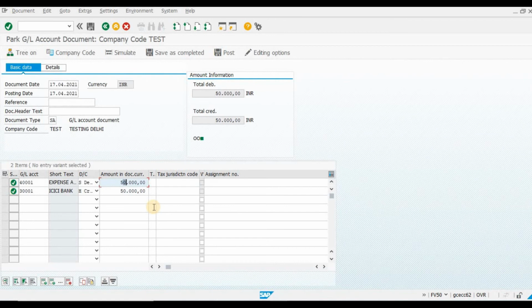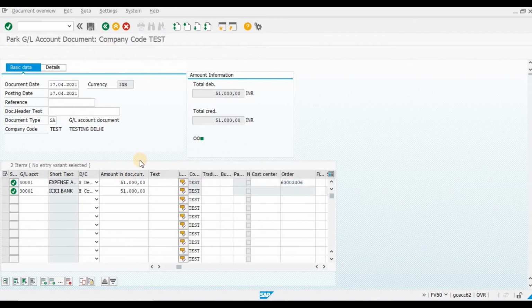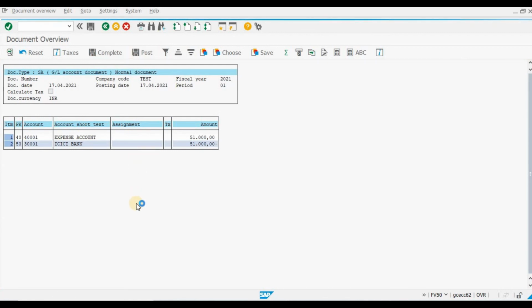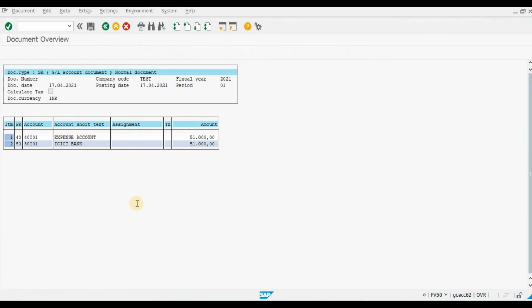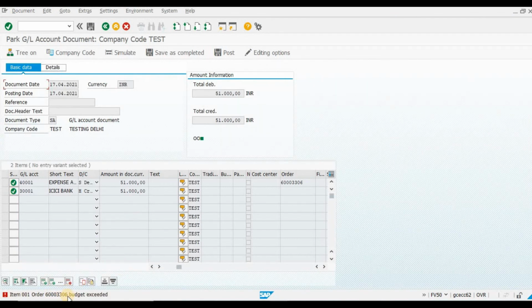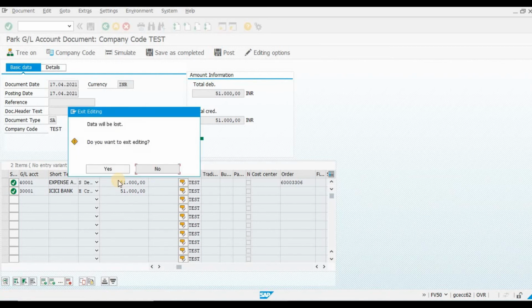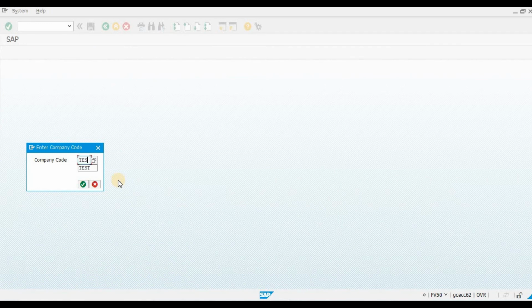Now we are going to post 51,000. I don't know why the error is not coming. Oh, because at the time of posting it's showing the error. See, the order budget is exceeded. Now we will input 14. Now test.